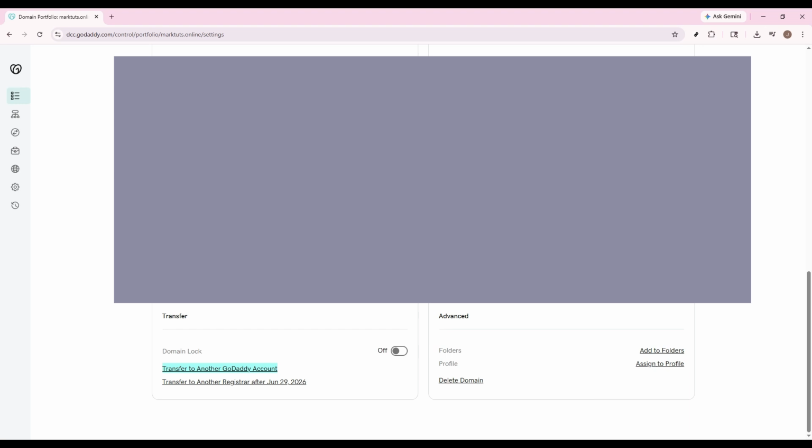That's it. You've now found your GoDaddy EPP authorization code. At this point, you can use it to start the domain transfer process with your new provider. Just remember to confirm your domain is eligible, request the code from the transfer section, and then check your email